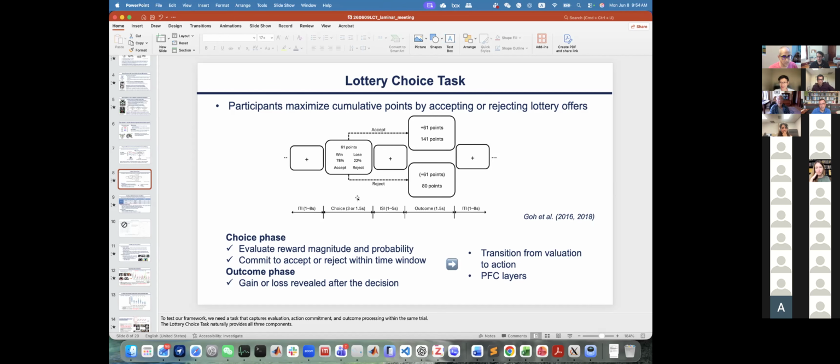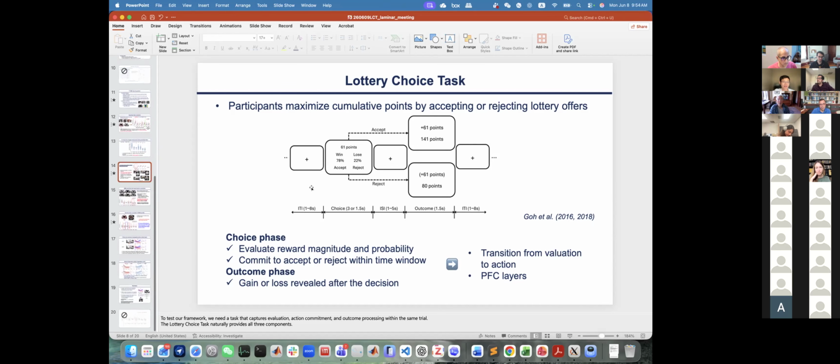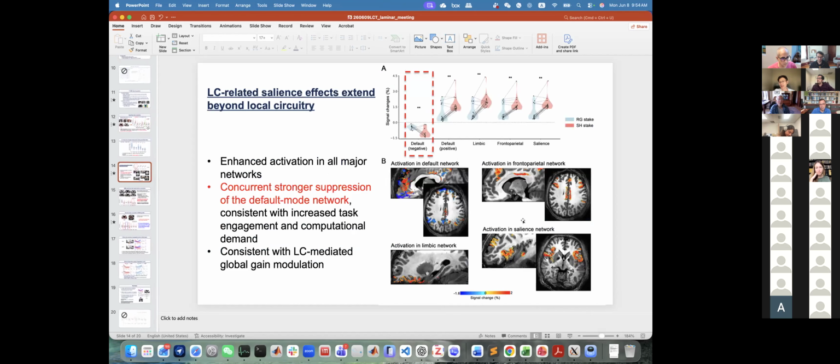Yeah. And did you look at the layer effect of the salience network? So here we only look at the layers in prefrontal. We didn't look into the layer effect in those networks. We didn't do that. Okay, because it might be interesting also to further look at the mechanism. Definitely, yeah. But cool.